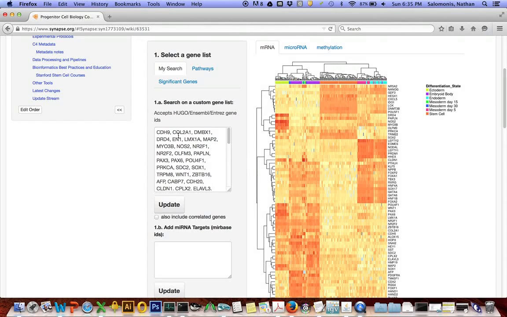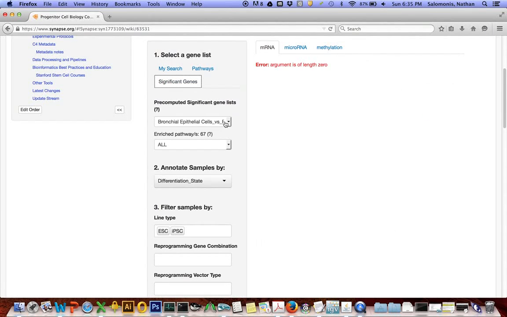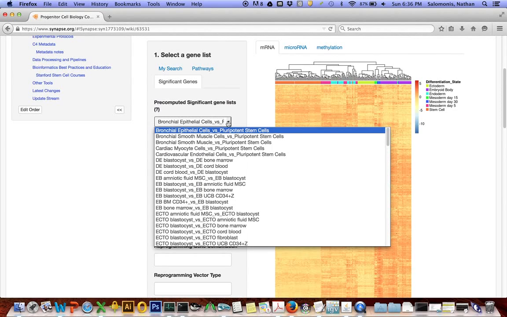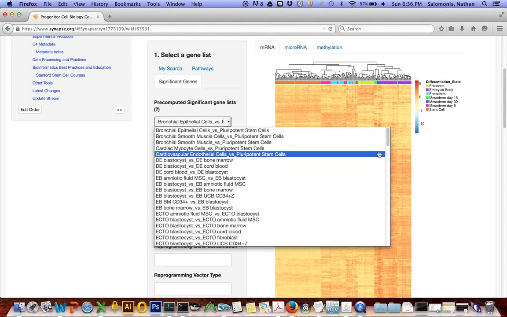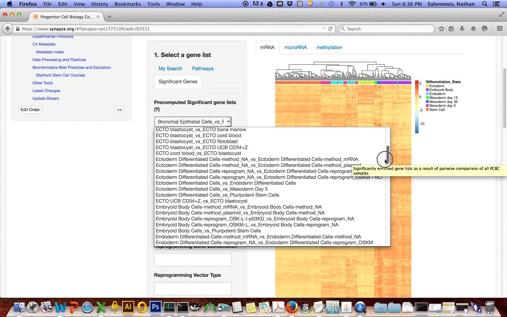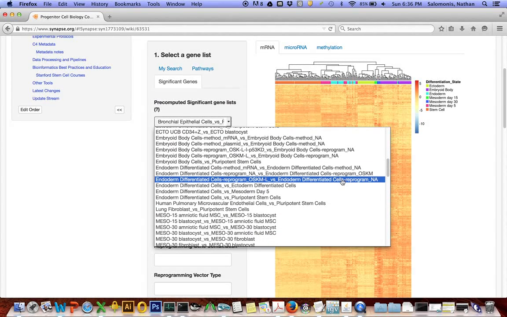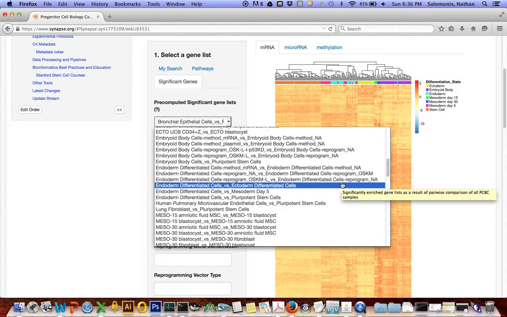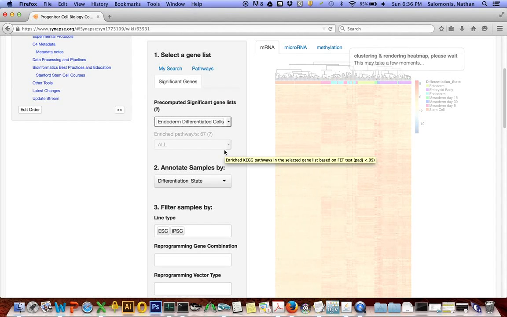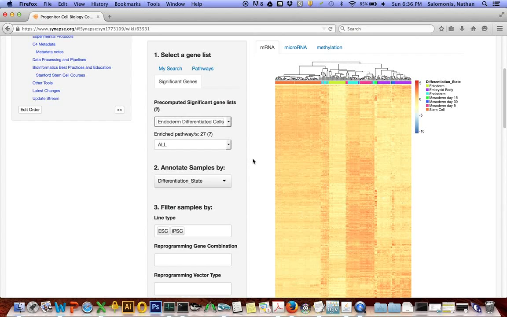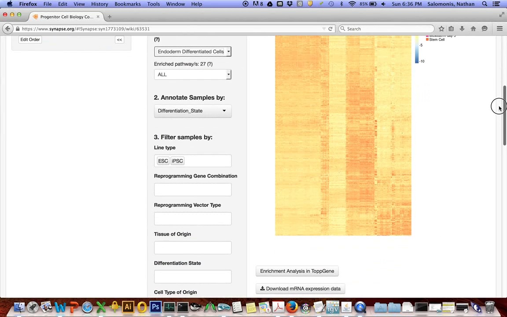Here we see the viewer with the default set of genes selected. If you now go to significant genes, select an individual criterion from the menu. Here I'm going to look for endoderm versus ectoderm. These are all of the genes that are now differentially expressed in endoderm versus ectoderm versus the standard differential comparison